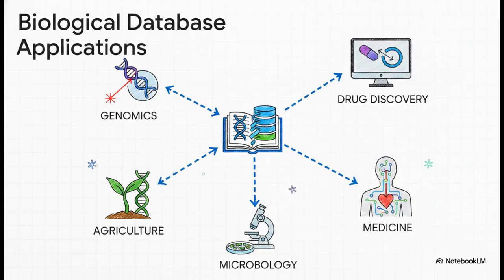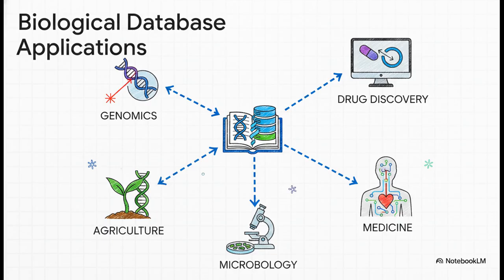Because we can read these biological books, we can apply that knowledge in some truly massive ways. In genomics, having this data enables rapid sequencing and comparative genomics. Over in drug discovery, it allows for virtual screening and target identification. I mean, we can literally look at drug-ligand interaction studies on a computer monitor before anyone ever sets foot in